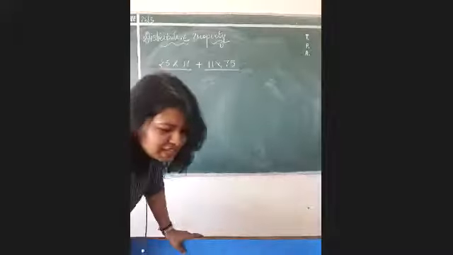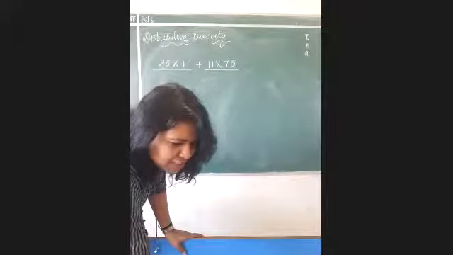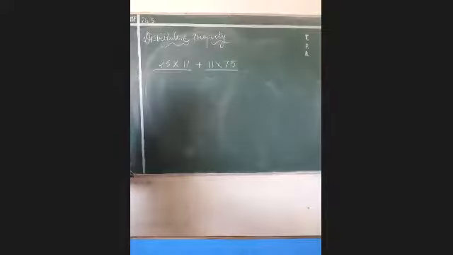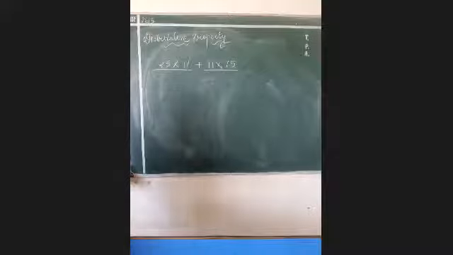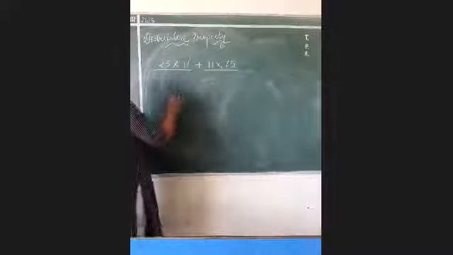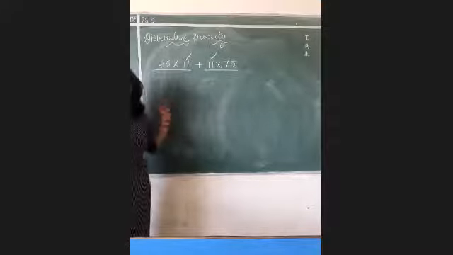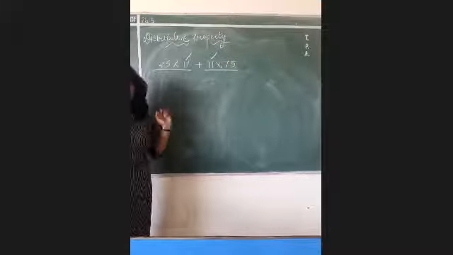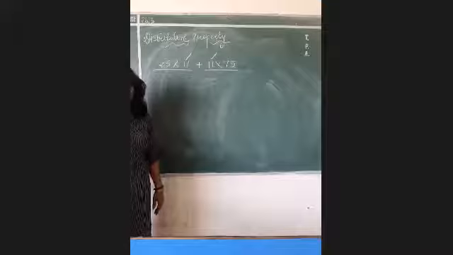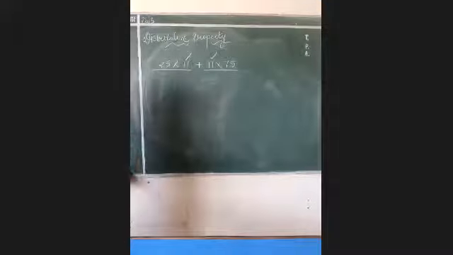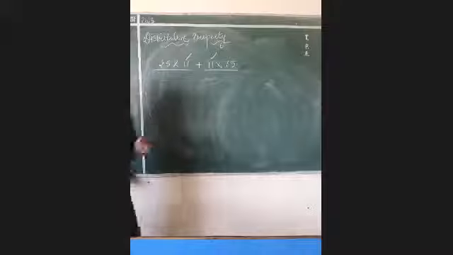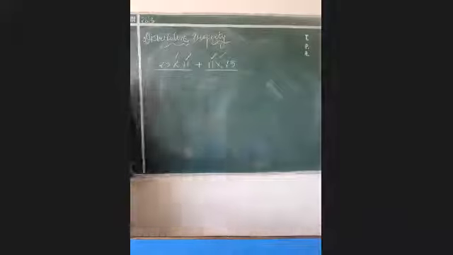Please write this answer down in the chat box, beta. Whatever you are speaking, can you please write it down in the chat box? It will be good for me and for you also. Yes, very good. Everybody is writing that 11 is common. Okay, 11 is common. Can you tell me one more thing that is common in both? Which sign is there in both the places? Very good. The sign of multiplication. It means the sign of multiplication is also common.